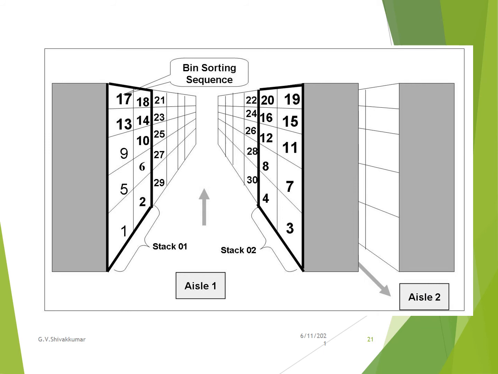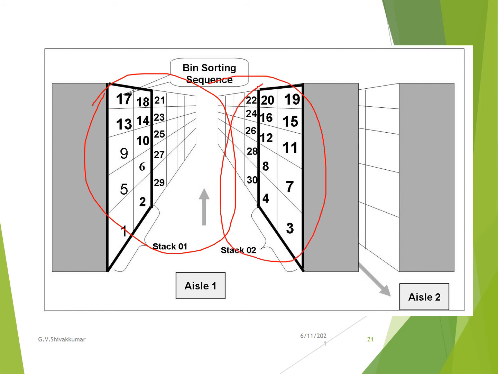So bin sorting, okay. So this represents a stack and aisle, and then aisle one, and the next row is aisle two, and based on that we are defining the bin sorting sequence, say 17, 18, or which number you want to define on the sorting sequence. Actually, you can group together based on that. So the system can do the check based on that sorting sequence. So here it represents subdividing and defining the sequence. Okay, this is the stack area and this is the aisle area.